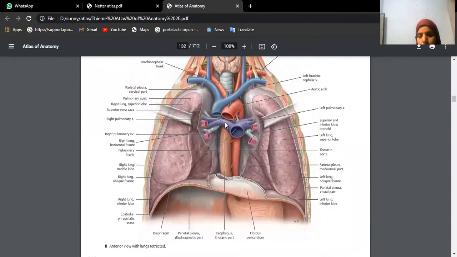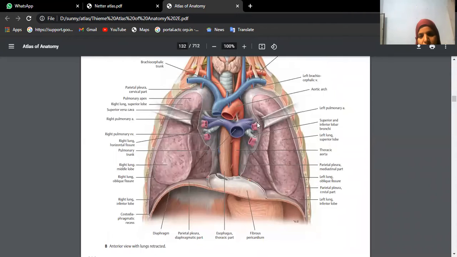So the heart has been removed here. You are only finding the structures of the posterior mediastinum here. Okay, the lungs are intact. Into the hilum of the lung, you are finding the entry of the right pulmonary veins and left pulmonary veins. You are finding, towards the right side, the right principal bronchus dividing into the eparterial bronchus and hyparterial bronchus, isn't it? Then towards the left side, the left bronchus directly enters as the left principal bronchus.